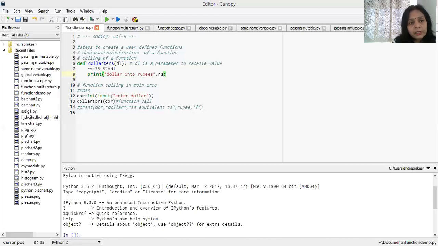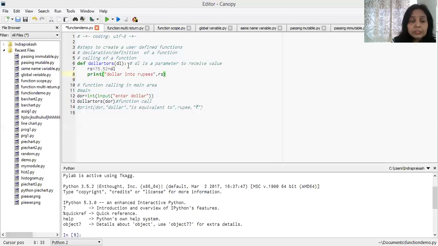I have declared the name of the function over here, and after declaring the name, we have to use small parentheses, and within the small parentheses we have to give the list of the parameters. Parameter list means the list of variables which we want to pass to the function to manipulate the values, right? If the function requires only one value, then we give only one variable. If the function requires multiple values to operate, then you have to give multiple variables over here inside the small parentheses, right?